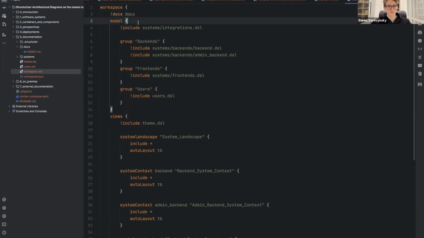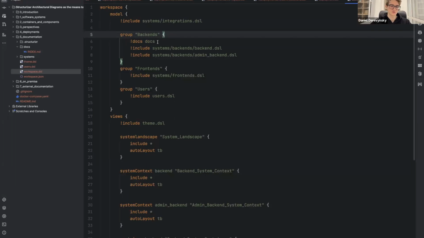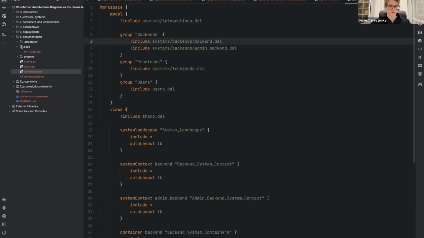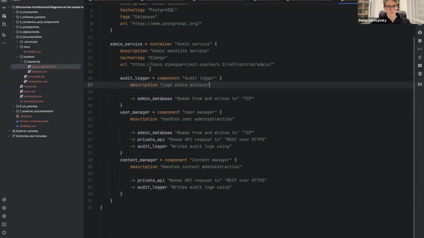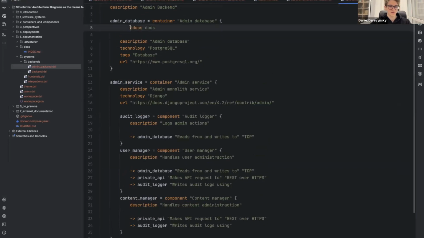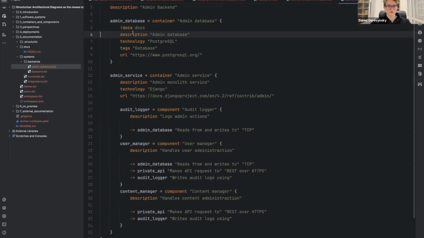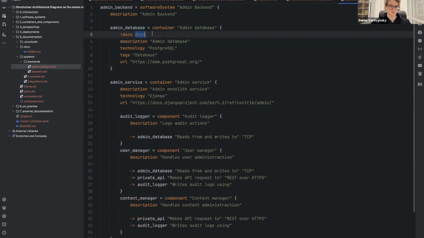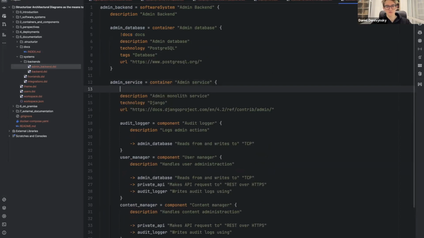If we place it here, it means that this documentation is related to the whole workspace. If we place it inside our backend group, it would mean that our documentation relates to the backend group. If we place it inside, for example, admin database, it would mean that this documentation only relates to our admin database. And to add documentation for admin service, you would place